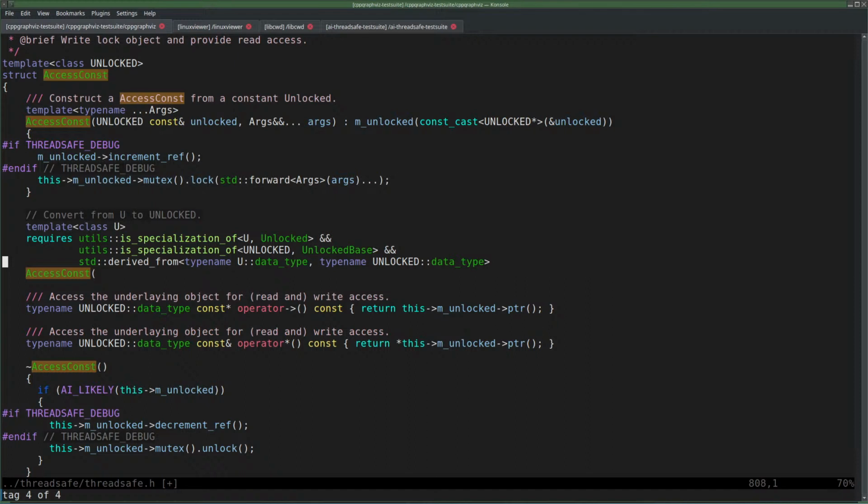Standard. Yeah, I think this is what I wanted, something like this. U equals reference.